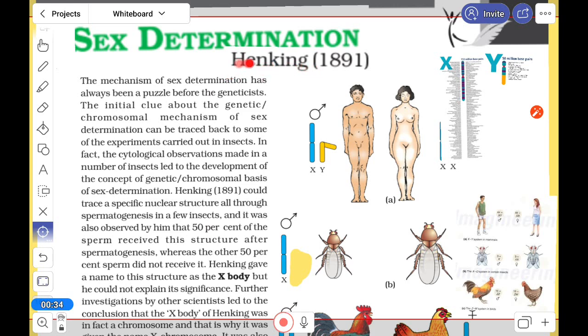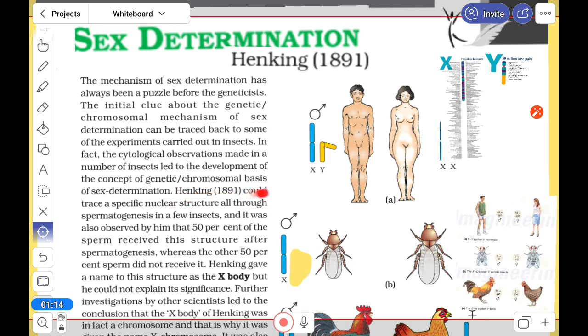It was first seen and named by Hermann Henking, the German biologist. He counted 11 chromosomes in the firebug. Ten are paired and one is alone, and he named it the X body. So in spermatogenesis, when it divides, one cell has no chromosome. It means an XO system, which will be described afterward.